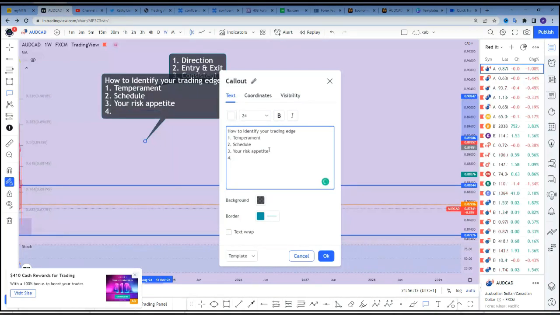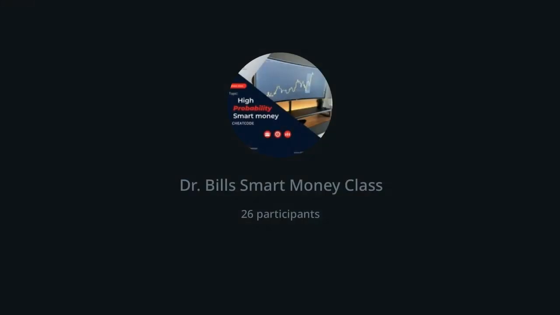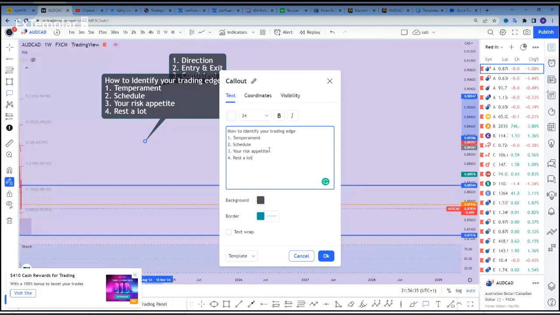Then the number 4 thing that improves your trading edge is that as a trader, you must rest a lot. Now, I know that this is not something that many of you are expecting to affect your trading edge, because you've been told traders don't sleep. Oh, sleeping, you are broke and you are sleeping so much. You don't need money. You have to keep grinding. You have to keep working hard.